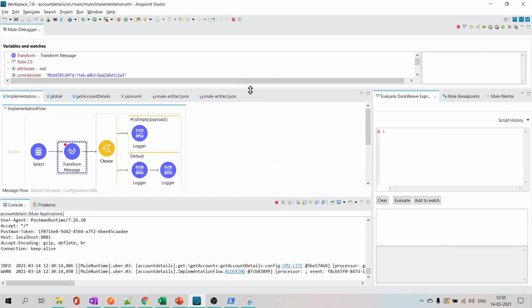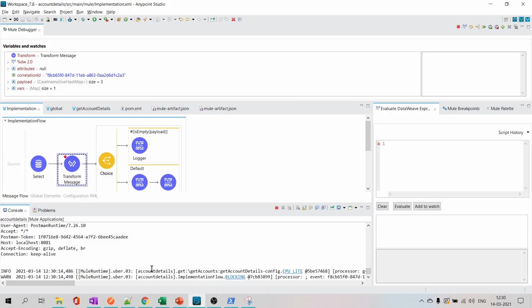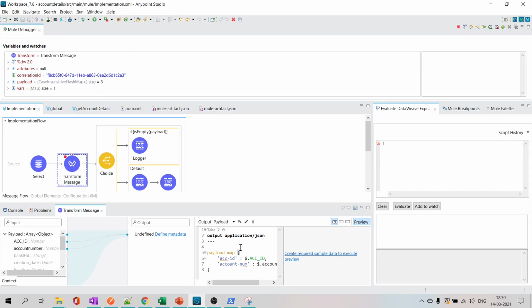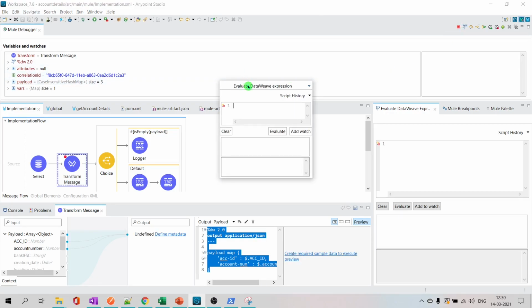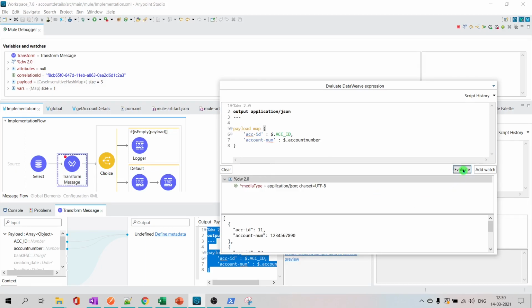Okay, the message came from some other system, or the real-time data is coming here. I want to test my DataWeave script against my Mule event here, not the schema one, not the example payload I gave. I want my DataWeave script to be tested against this event here, a real-time event. What I do, I click on this, the x plus y equals something like an equation icon next to your terminate button. Click on that and it pops up this DataWeave script window. I put my script here and evaluate. This is being evaluated against your current Mule event here.